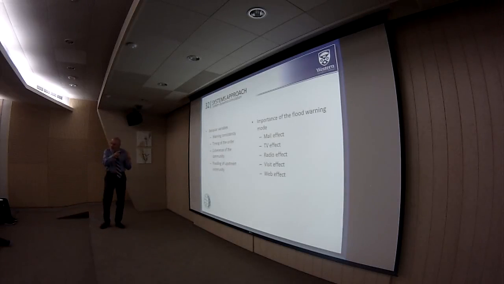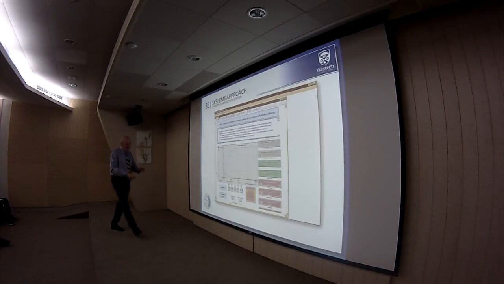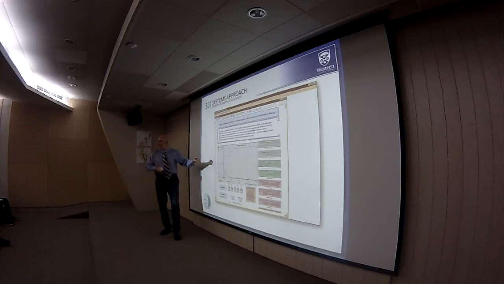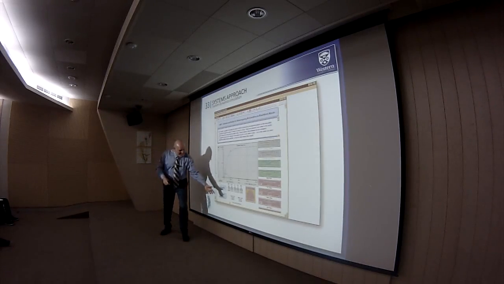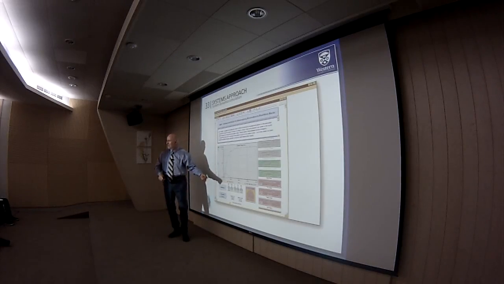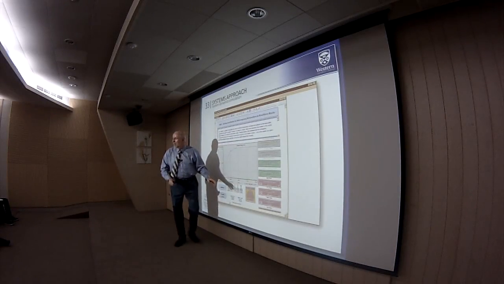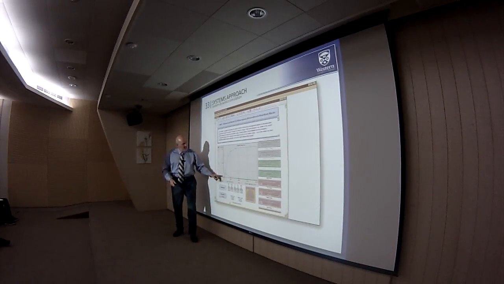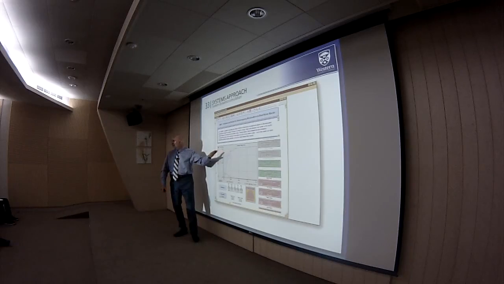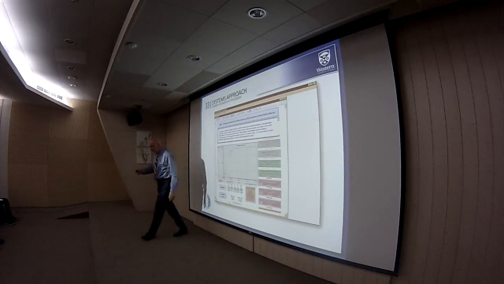So all this information was integrated and put together into a type of model that allows, now this is like a game, where you can select the type of order and the warning, you can select the characteristics of this community, and then the model simulates how fast, this is time, this is the number of families being moved from one place to another. The model simulates how fast they reach safety.